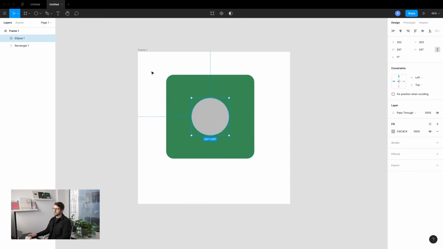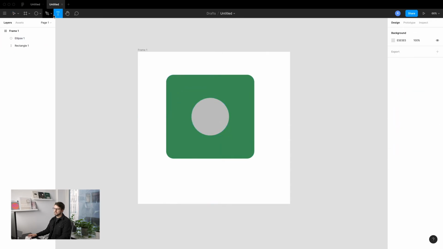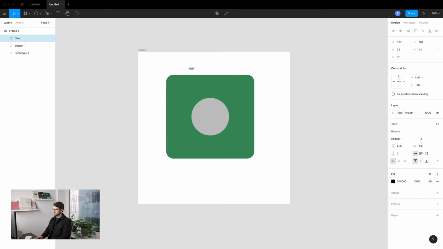And then the other thing we're going to be using is text. So when you click on the text, you either click and start writing, or you click and drag to make a text box. A lot of the time for this, we're just going to be clicking a single time, and then this is where you can type in your